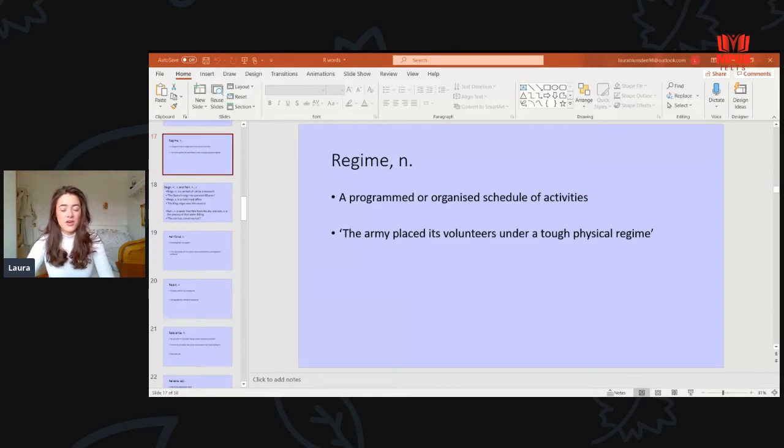The army places its volunteers under a tough physical regime. So the army,